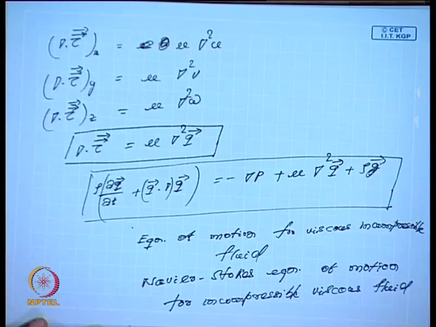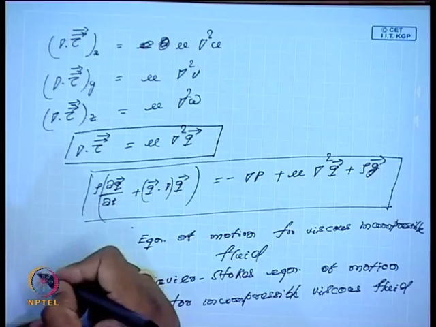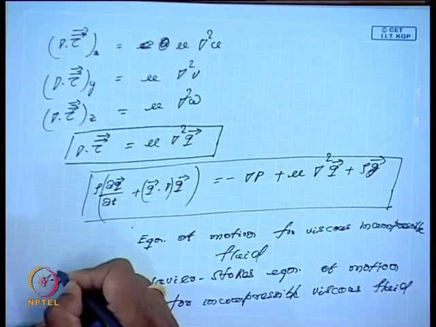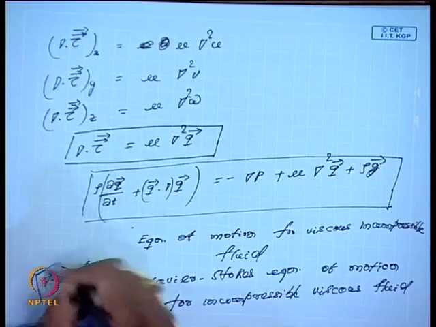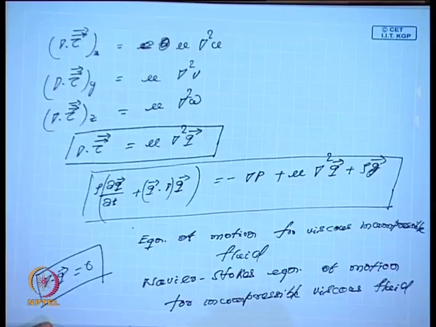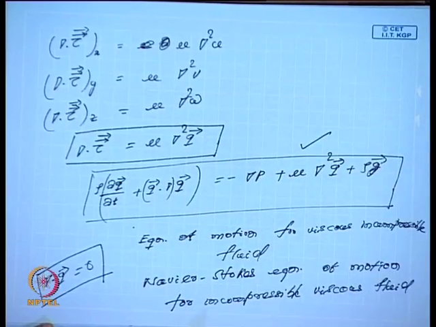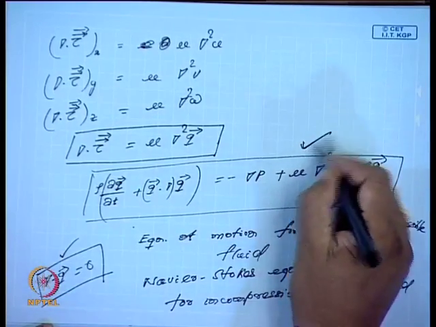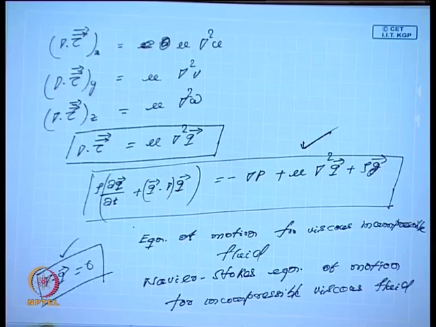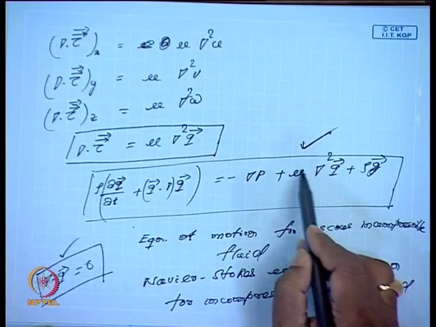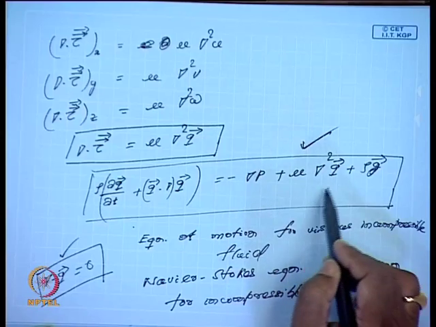And since the fluid is incompressible, we have divergence of q bar is 0, that is the equation of continuity, and this is the equation of motion. So, this is the equation of continuity, this is the equation of motion, and we often call this the Navier-Stokes equation of motion for incompressible viscous flow. And here the additional term is this, whereas if this term is absent, then we call this the Euler